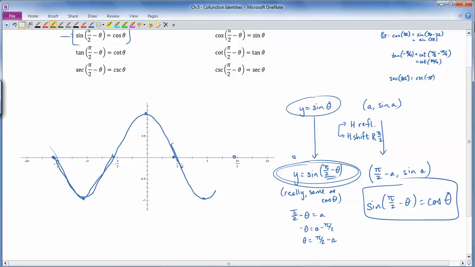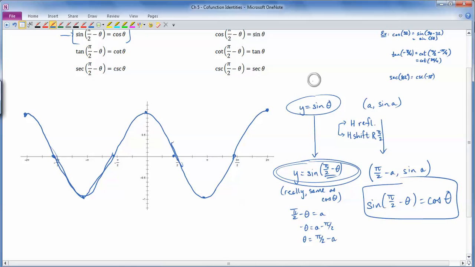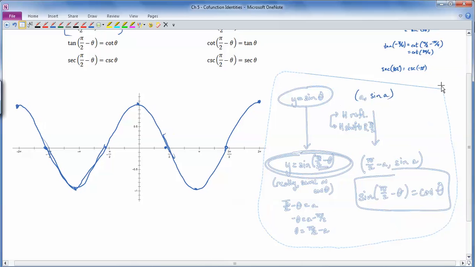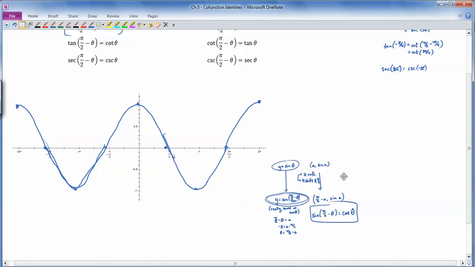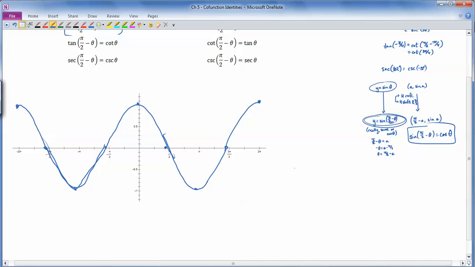Here, let's do this. So if I take the cosine graph here, I just complete the graph. So if I take the cosine graph and apply the same exact transformations, now you might be able to tell. Let me shrink this down. So if I were to take y equals cosine theta, which is the graph that I now have, and apply the same transformations to get y equals cosine of pi over 2 minus theta, then hopefully I get the sine graph